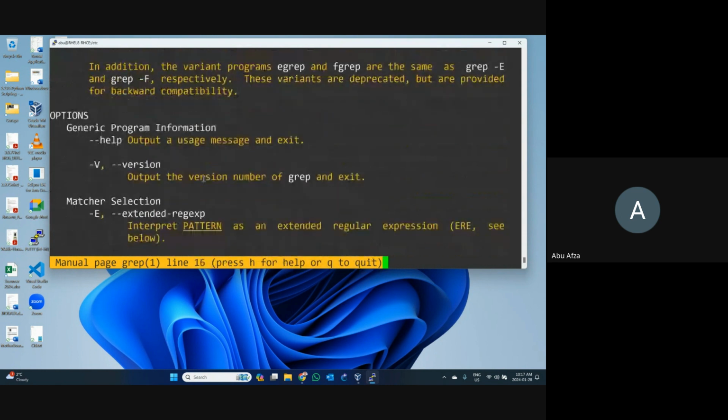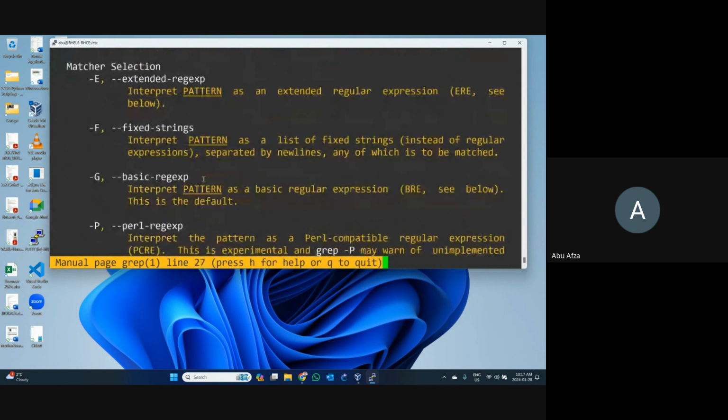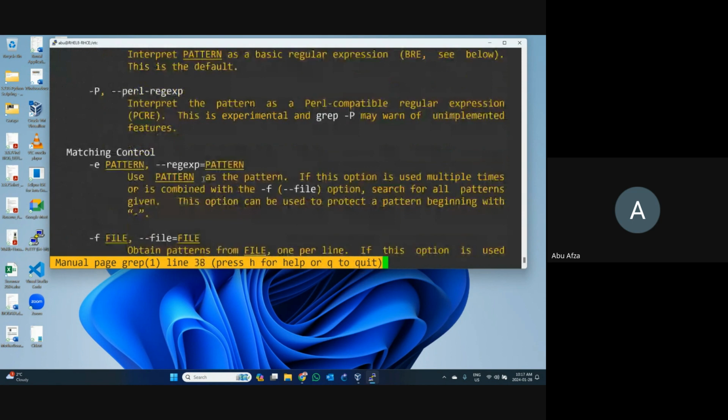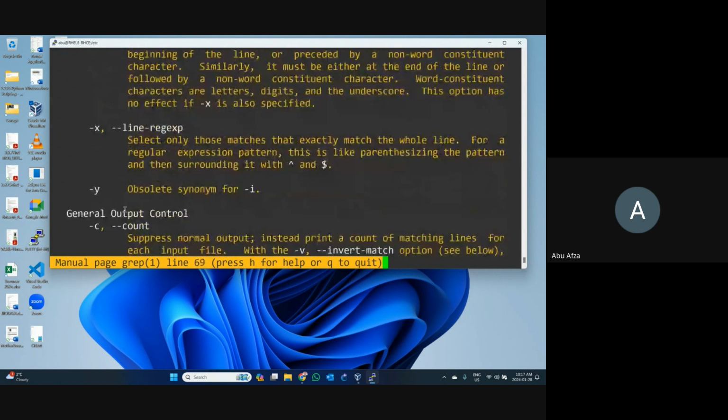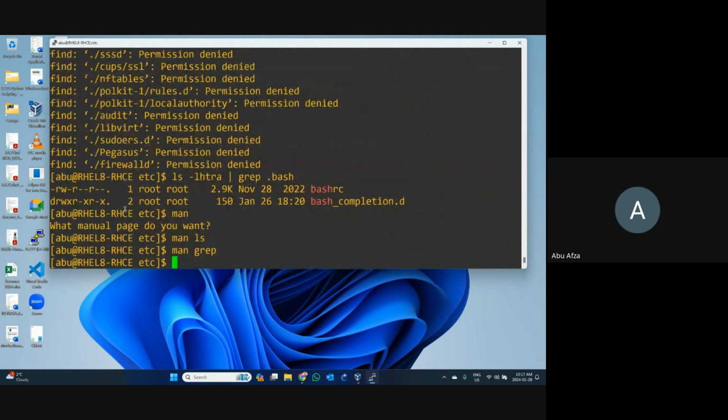All the options will be available. The F is file, I is ignore case, and there is invert match. If you want to learn more, you can research it, and based on your research you can learn lots of things. The main purpose is that.